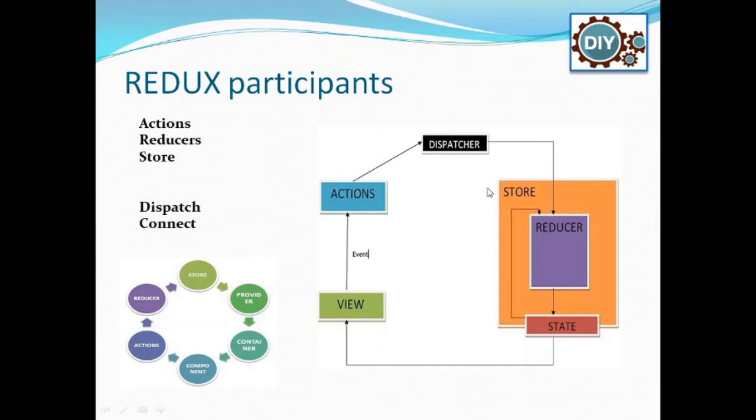The unidirectional flow of data is mainly maintained in a Redux application by means of a single source of truth. Meaning we are going to maintain a single store across the application, and we are going to make use of pure functions by means of reducers to achieve the logic. And actions are going to give the number of actions defined in that particular application. These are all the main components of a Redux application.